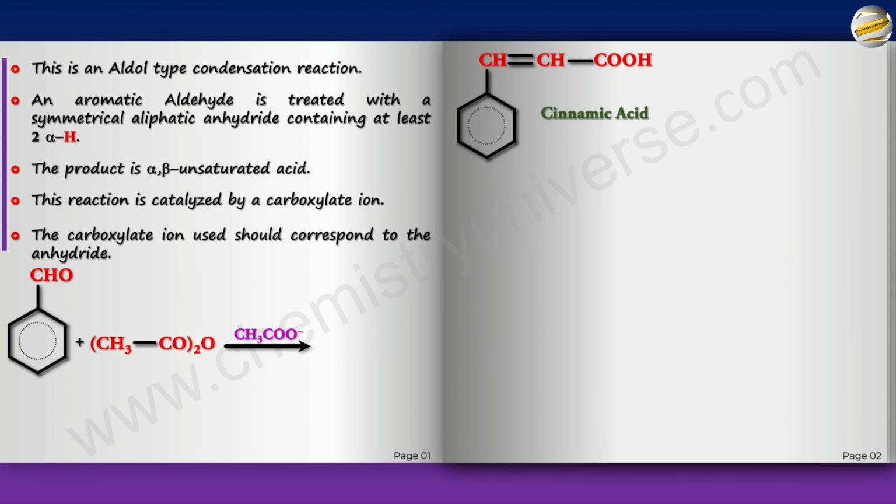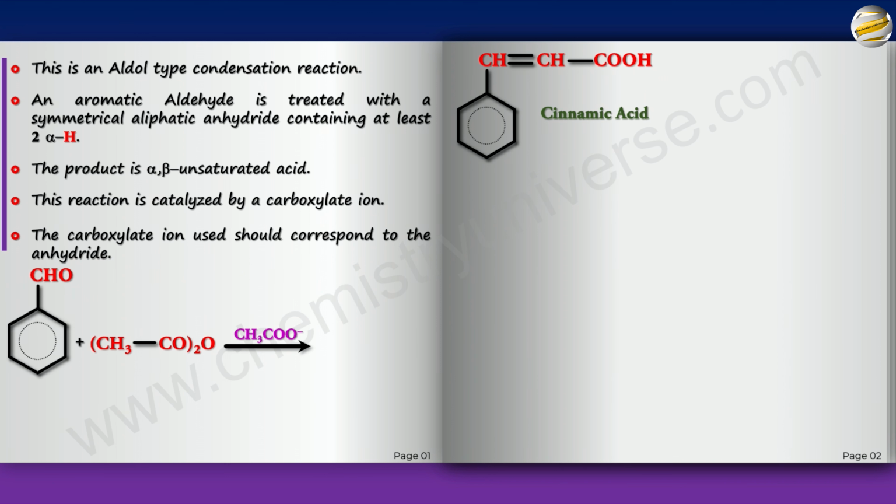So now if you simply want to make the product from the reactant without going into any mechanism stuff, this is the way you do it. You use CH2, CH, CO, O, CO, CH3. You make this go away as water. Then you join this carbon and this carbon with a double bond and just remove this bond and put an H on this O. And you will get this. This is cinnamic acid. This particular acid is a cinnamic acid.